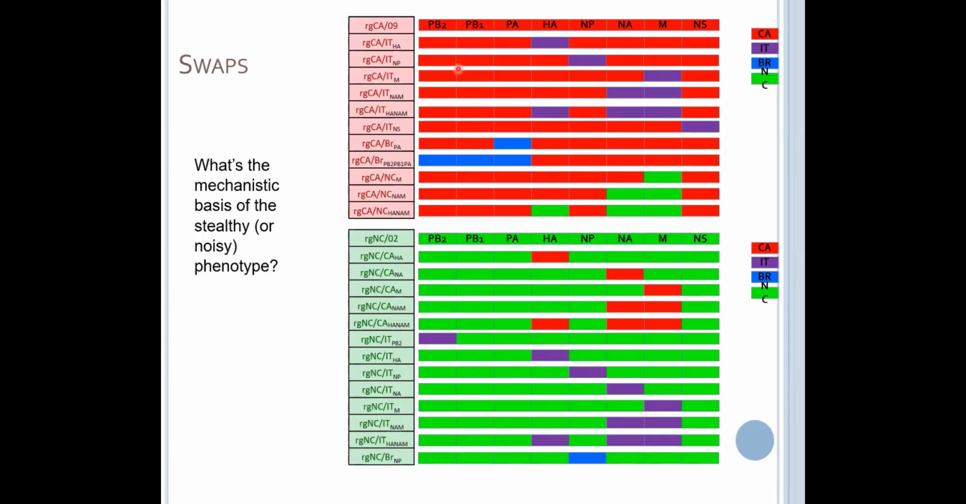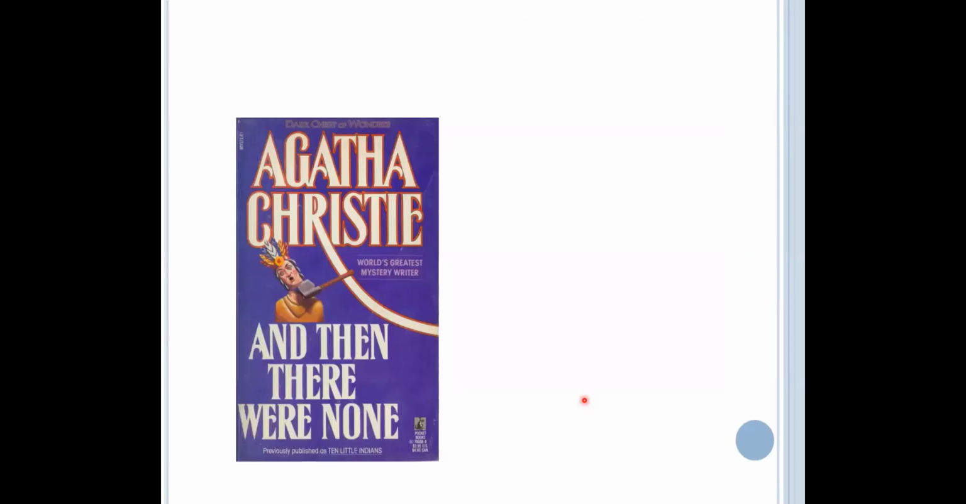And we individually swapped every gene to create virus hybrids between the pandemic strain and the American swine strain, and the Italian and the Eurasian swine strain. And whichever single gene swap we did, we could not recapitulate the stealthy phenotype in the Eurasian swine strain or introduce the noisy phenotype into the pandemic strain. And so it became this, and then there were none, because we were making so many swaps and people were getting very